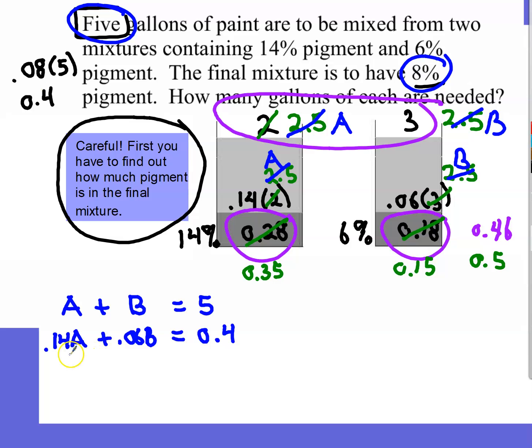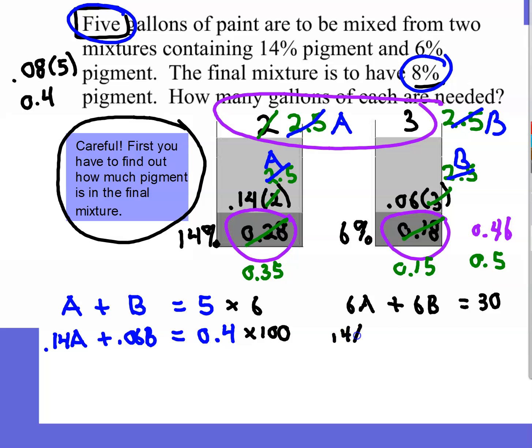Well, either way, I want to make these into whole numbers. It'd be easier to try to do. And so if I multiply by 10, that's going to be 1.4, and that's going to be 0.6. I think I'll multiply by 100. Okay, and then how about if I multiply the top one by 6, and that'll make this into 6b. So I'll have 6a plus 6b is equal to 30, and I'll have